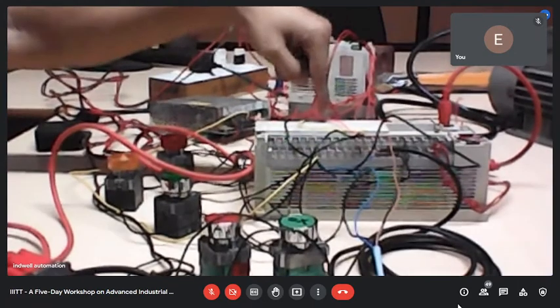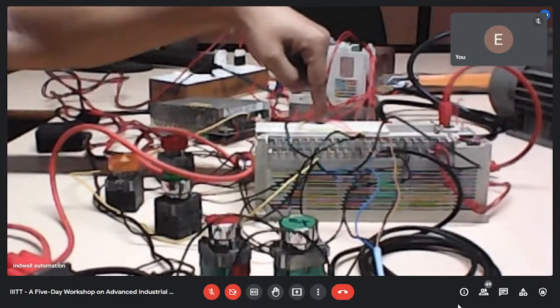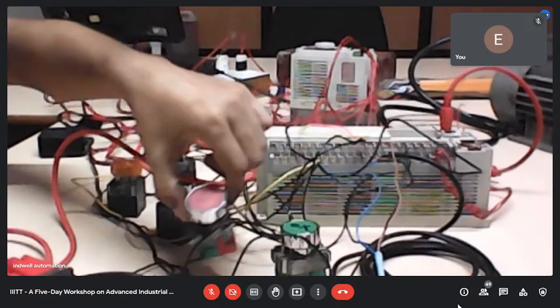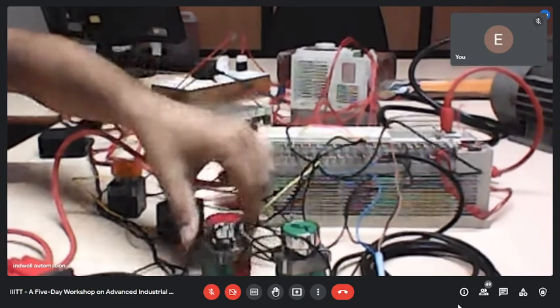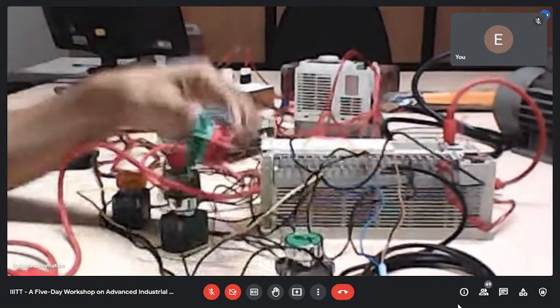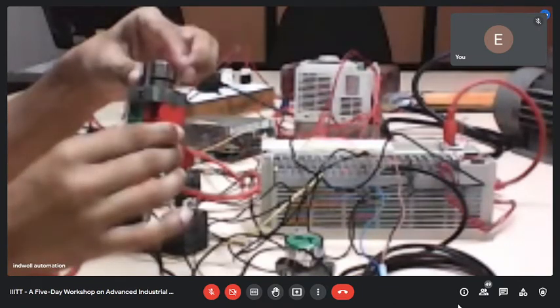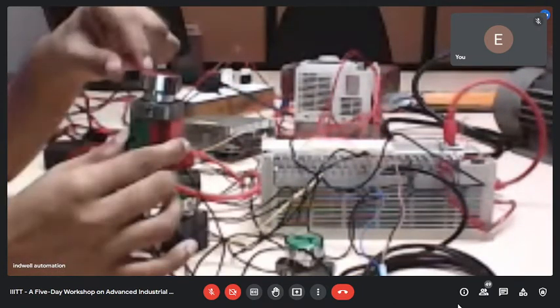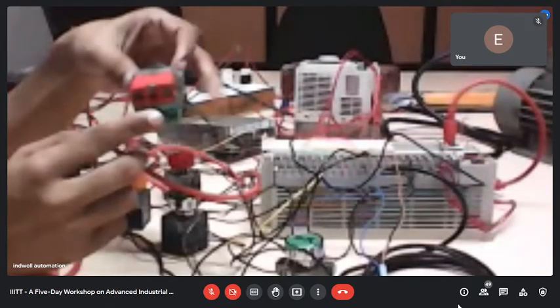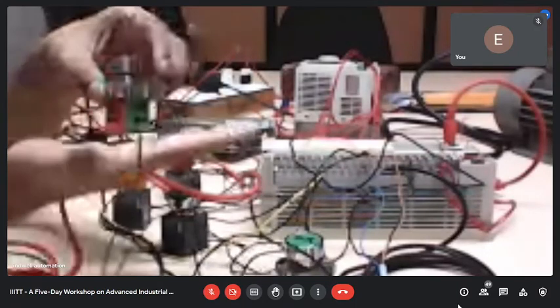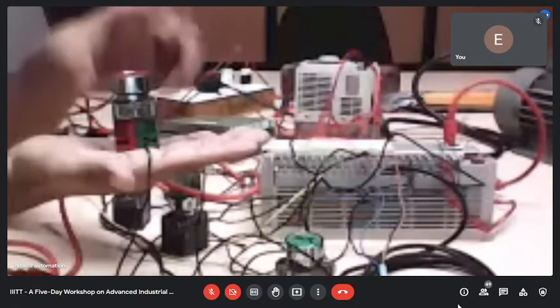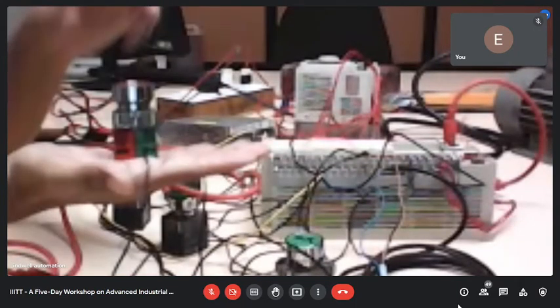This is the PLC, and here you see this is a red push button, but NO type. See, I'll show you how. Behind this push button I have connected 2 contacts, whereas in industry you will have only 1 contact, but I have connected 2 so that I can keep it standing.